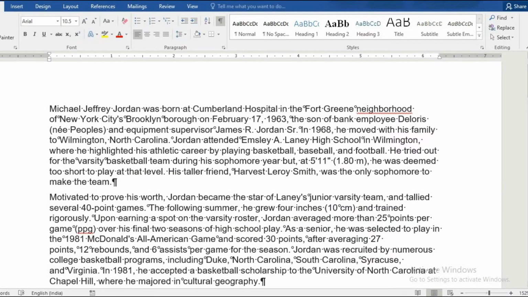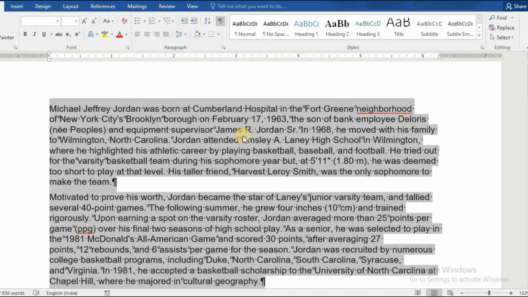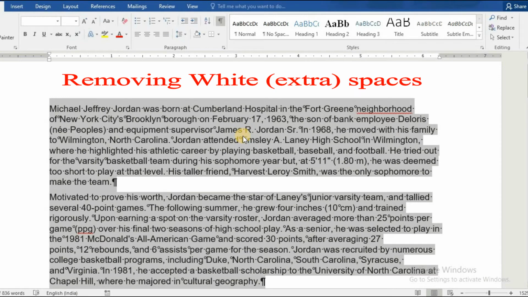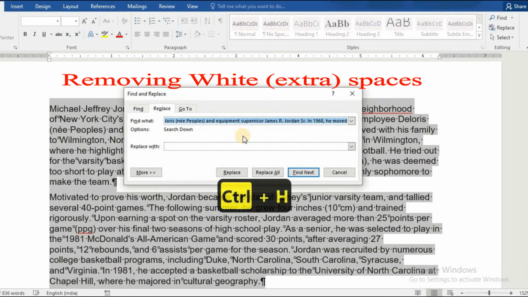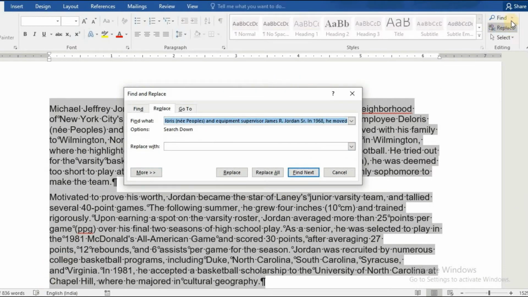Lastly, we need to take care of extra spaces or so-called white spaces. Now we will go to the find and replace dialog box by pressing Ctrl H, or we can go to that dialog box from here also, replace.